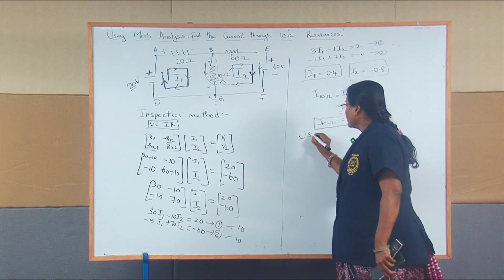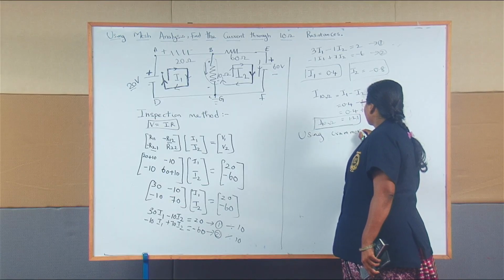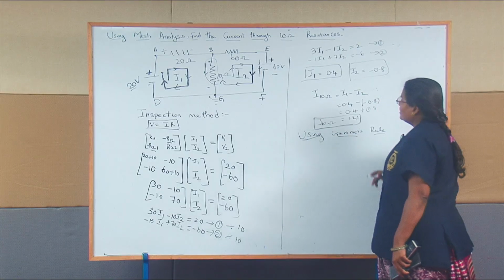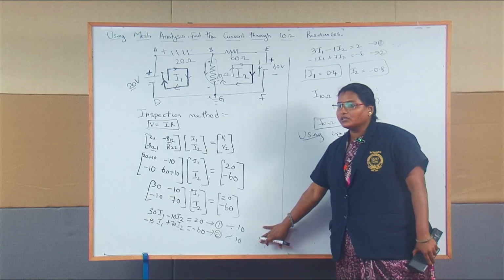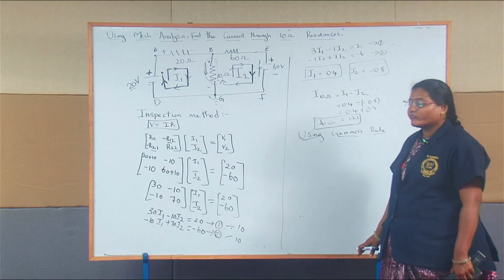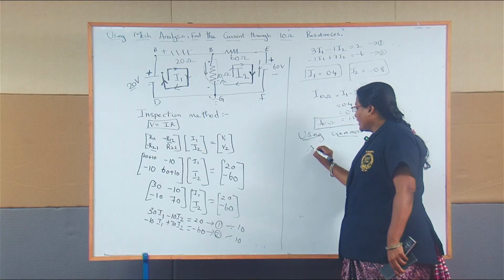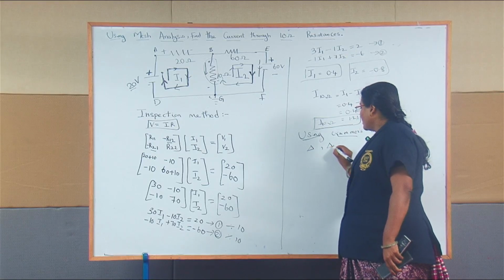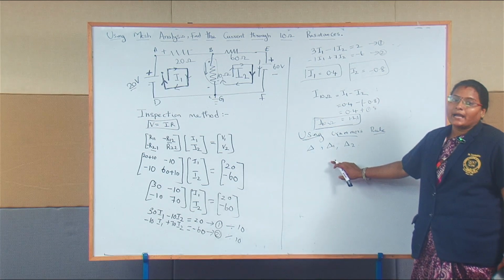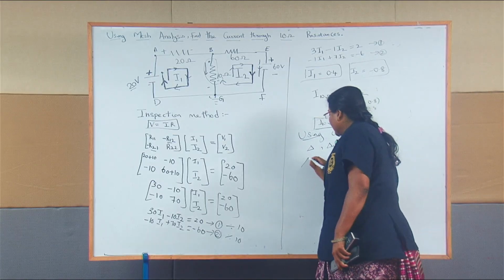So using Cramer's rule, you no need to form the equation. From the matrix, you have to find out the determinant of the matrix, and you can easily solve I1 and I2. So for that you need del 1 and del 2. Del 1 and del 2 are for your unknown parameters I1 and I2. So for finding del,